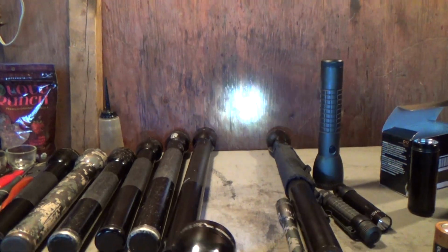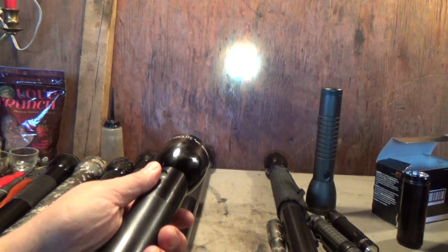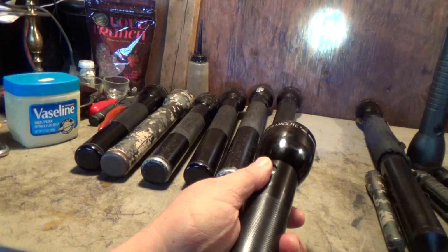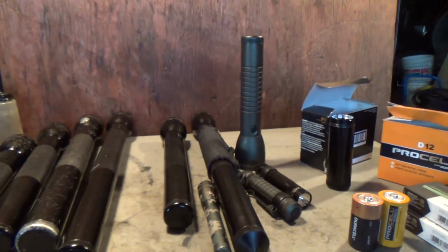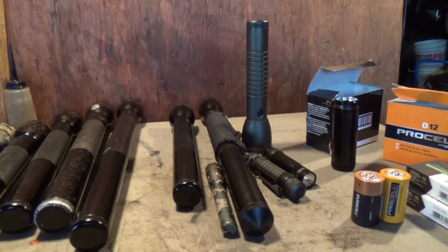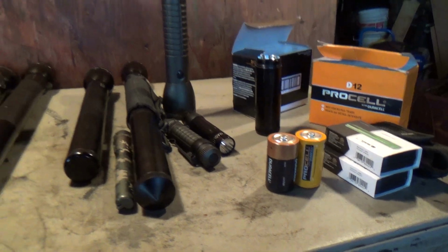That's going to save me a lot of money because you can see even on economy, which is rated to last weeks of continuous use in this flashlight, that is still brighter than the incandescent bulb in the regular Maglite. So that's considerable savings right there. The flashlights will pay for themselves in probably about a year, just in the savings on batteries alone, because I don't buy cheap batteries, even if I am having problems with these ones. And,